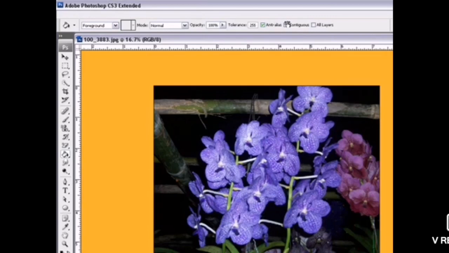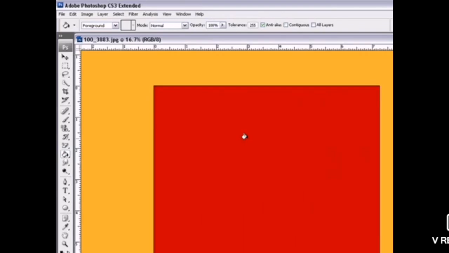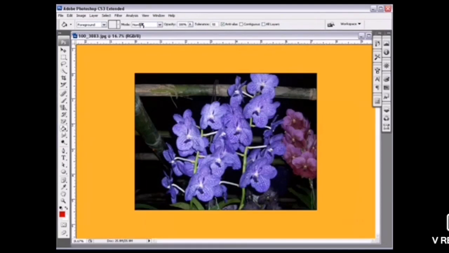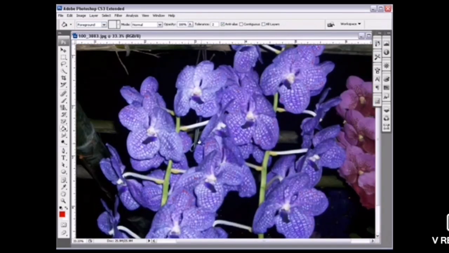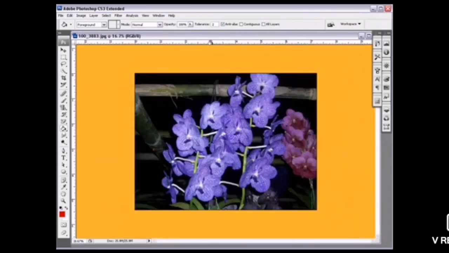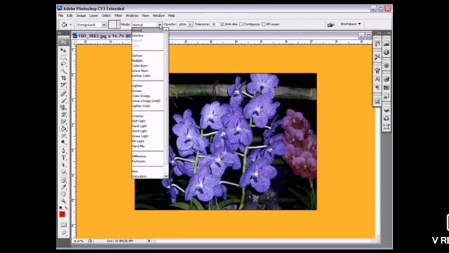With the help of my mouse, I'll drag it to the right-hand side, and the tolerance will increase. If I click on the left-hand side, the tolerance will decrease. I don't want that much tolerance, so I have kept a lower tolerance for my picture. So you understood how to set the tolerance, and you also know how to zoom in and zoom out. On this scale, you have to put it to the maximum or minimum.